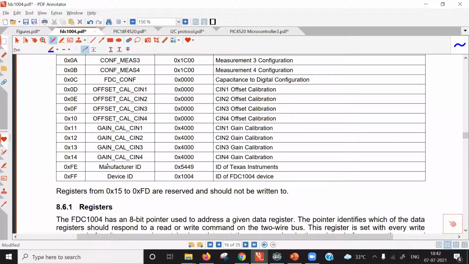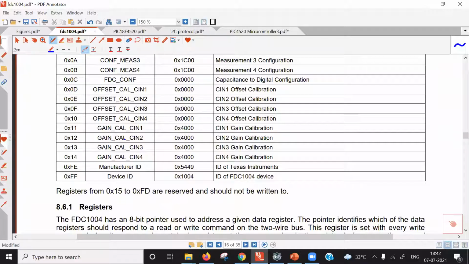There are separate 4 SFRs for gain calibration purposes, and as I already mentioned, there is an amplifier on chip for amplifying the analog signal proportional to the capacitance value. This analog value is not directly accessible to us. There is a capacitance to analog voltage conversion module in the on-chip FDC. The analog signal is further amplified by the on-chip amplifier, and the gain of that amplifier is controllable through this SFR. So this gain we can control over a range of 0 to 4. So minimum gain is 0, maximum gain is 4.